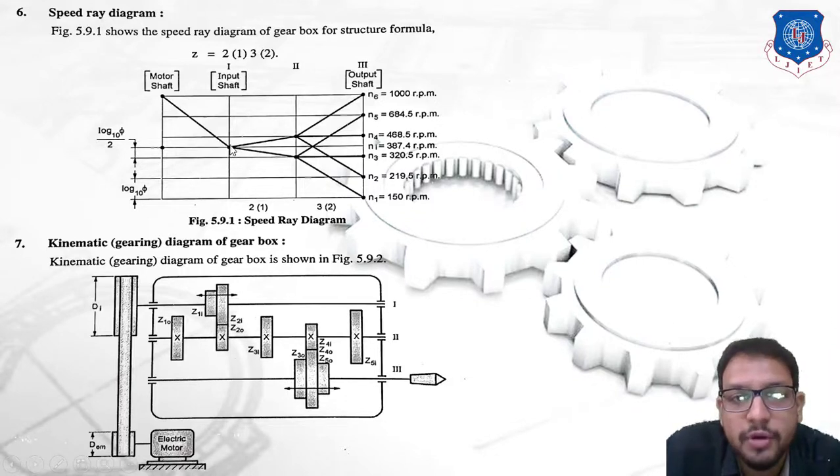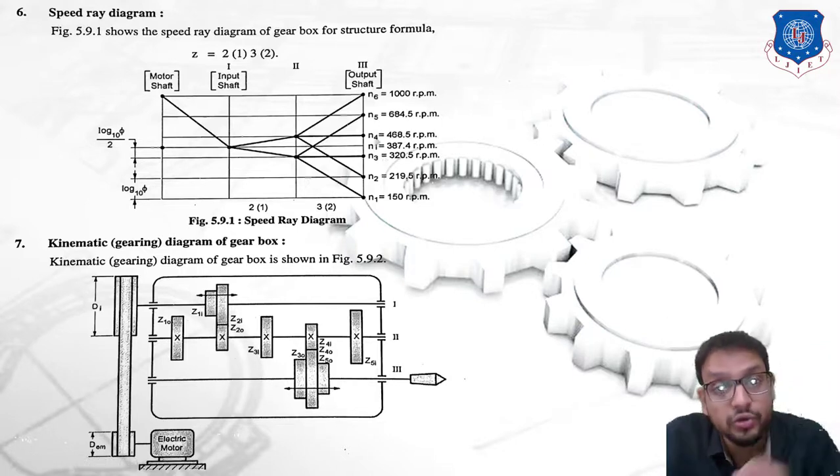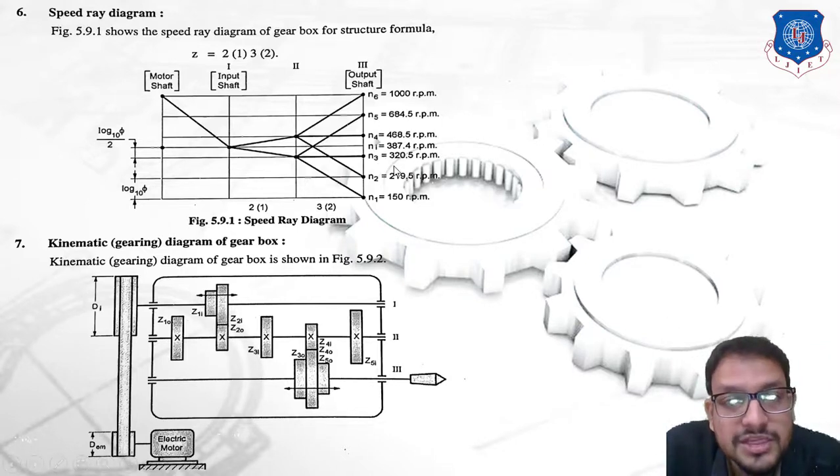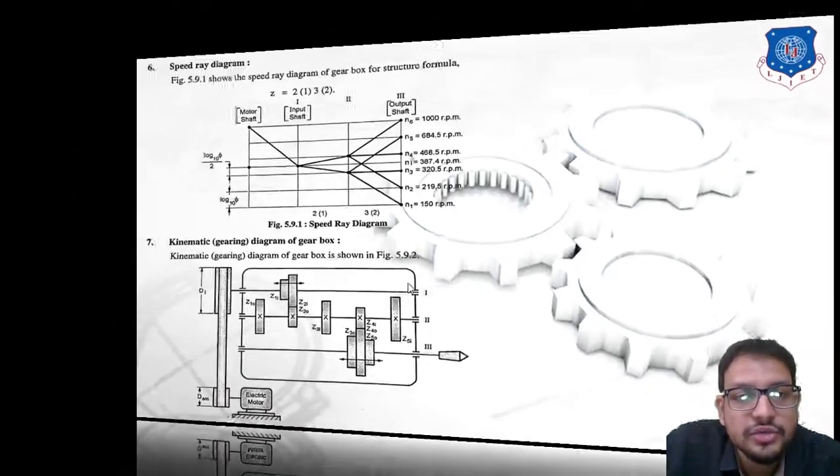Okay, in between this point, speed. So how can we do that? For that, we need to write that log ni to the base 10 is equal to, see this speed. Okay, so this speed is log n3 to the base 10. So we need to add how much value? So we are going to add log 5 to the base 10 divided by 2. So the equation is going to become over here.